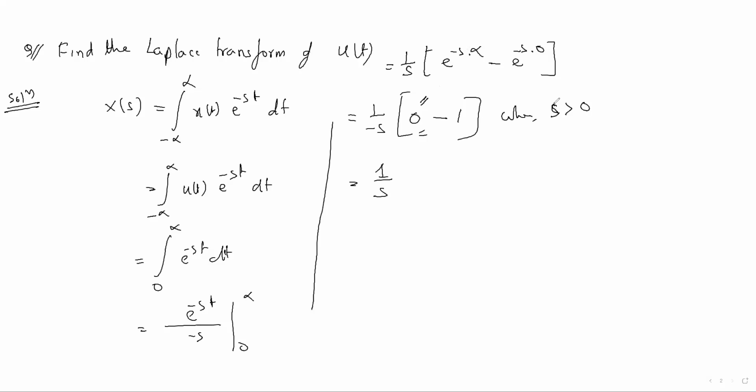Okay, that's why I have written here that s should be greater than infinity. If s is greater than infinity, what can we write here? Real of s. Since 0 is a constant real value, we can write real of s should be greater than 0, or real of s is nothing but sigma should be greater than 0. So the unit step signal's Laplace transform is what? The Laplace transform is 1 by s, and the condition for ROC is sigma greater than 0. Okay, so this thing you should know.